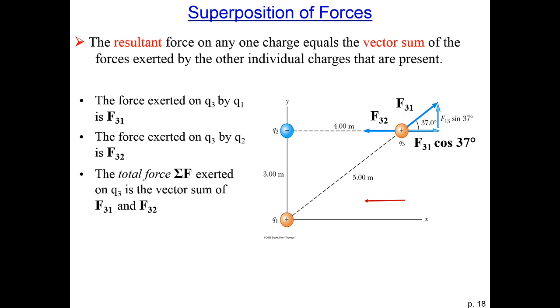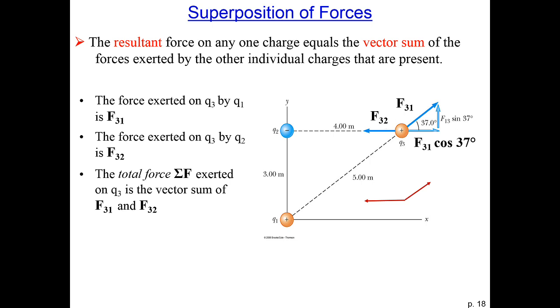This is a 3, 4, 5 triangle, so the angle is 37 degrees. You might keep your eye open for 3, 4, 5 triangles and remember the angles. They sometimes pop up on standardized tests, and they pop up all the time because they are convenient to work with. If you remember the vector components from way back in 201, we get the x component of the force by taking the force times the cosine of 37 degrees,